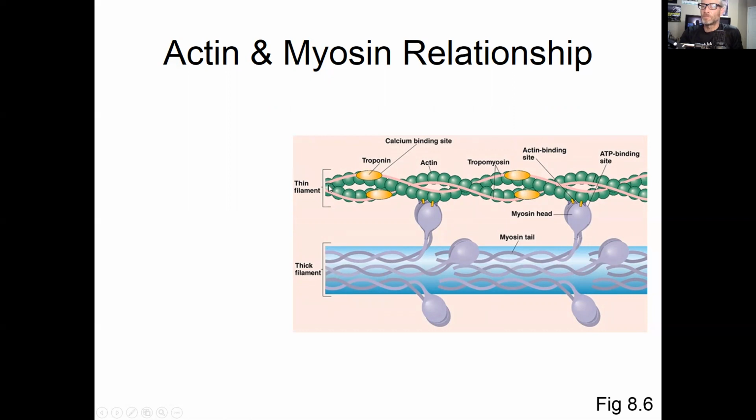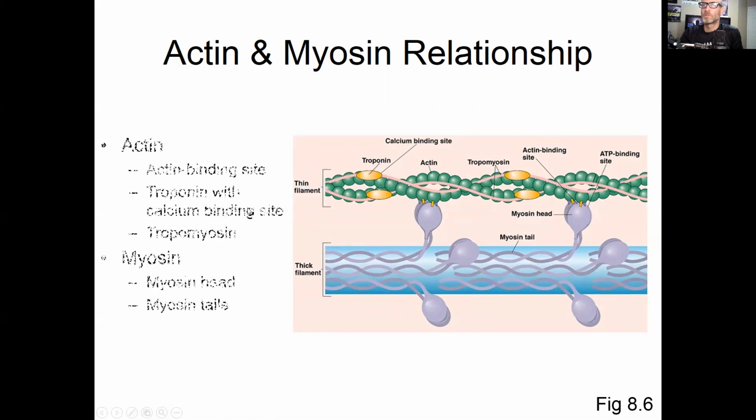This is the thin filament. This is a bunch of actin right here. Here's another part of the thin filament, this long band here. This is tropomyosin. And then there's one more part of the thin filament, that's troponin. So the troponin actually blocks the